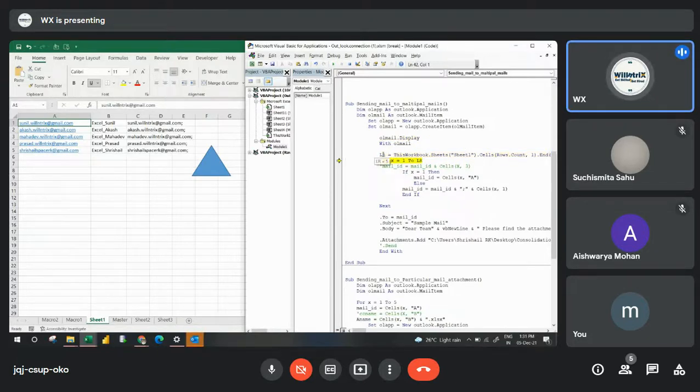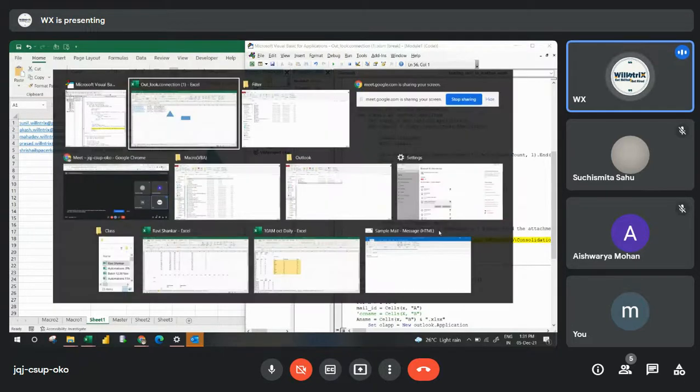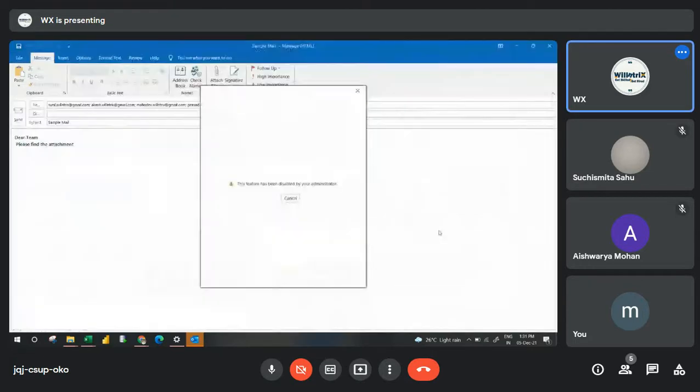LR is finding 5, then x is holding a 1, and the first email ID is held without the semicolon, correct? Then from the second, it will hold the next email ID with a semicolon, and so on. See there. First it will create the whole bunch of email IDs. Then once it has held all the email IDs here, it will add that to the To address, then the subject, then the body of the letter, and all of it you can see here in Outlook. So yes, all email IDs are created here.